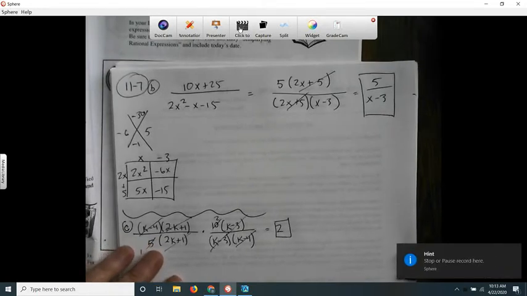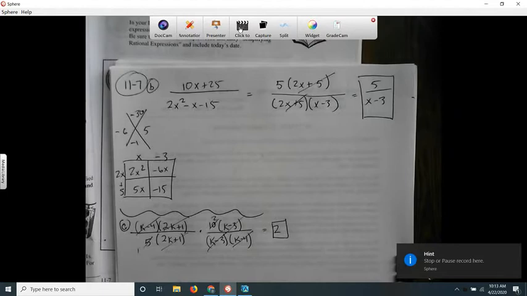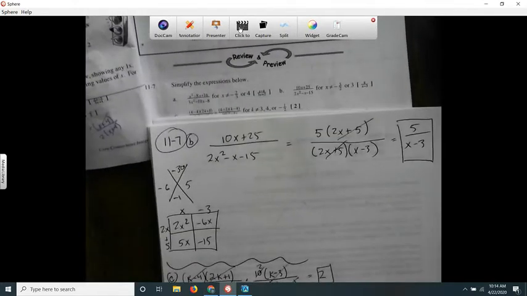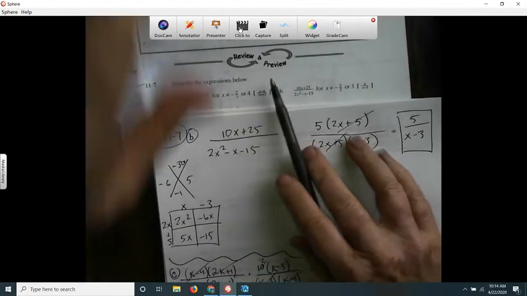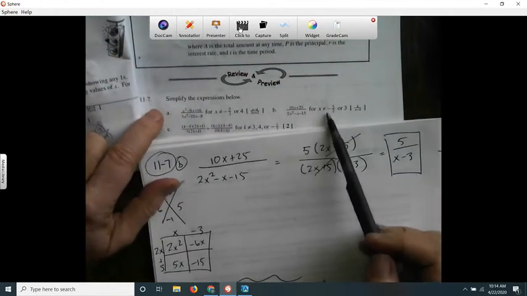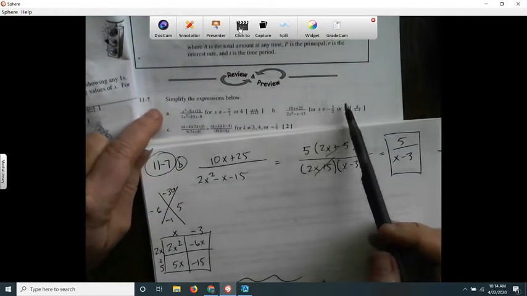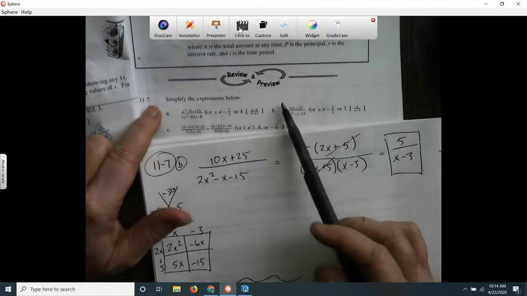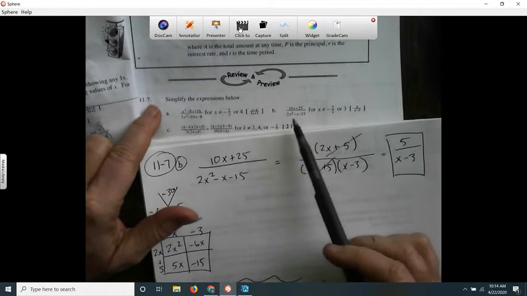Here's Integrated 3, problem 11-7. We're just going to do letter B and C. It says simplify the expressions. And this part where it says x doesn't equal negative 5/2 or 3, that's probably something that when I factor it, it'll make 0 denominators. So anyway, letter B